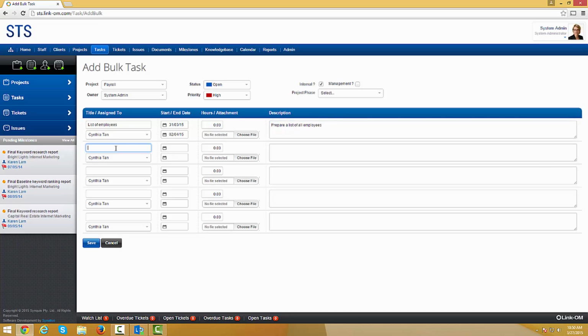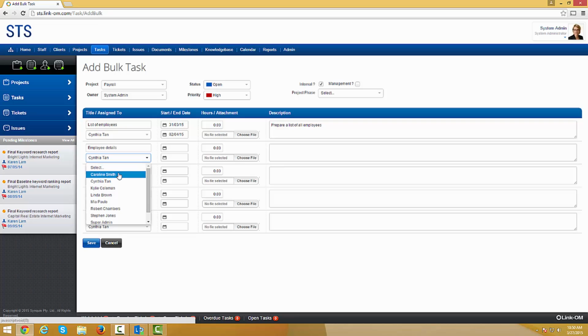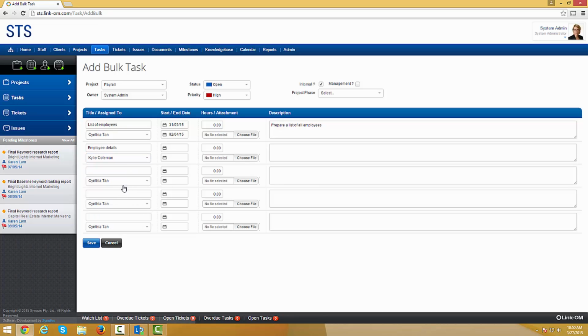Let's enter the second task. In a similar way to how we entered the first task, employee details. Assign this task to different people other than the first one. Enter the start dates and end dates for this task.